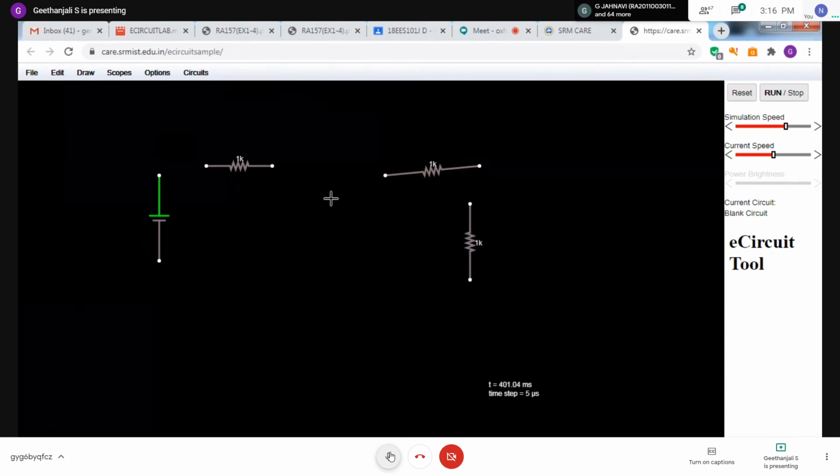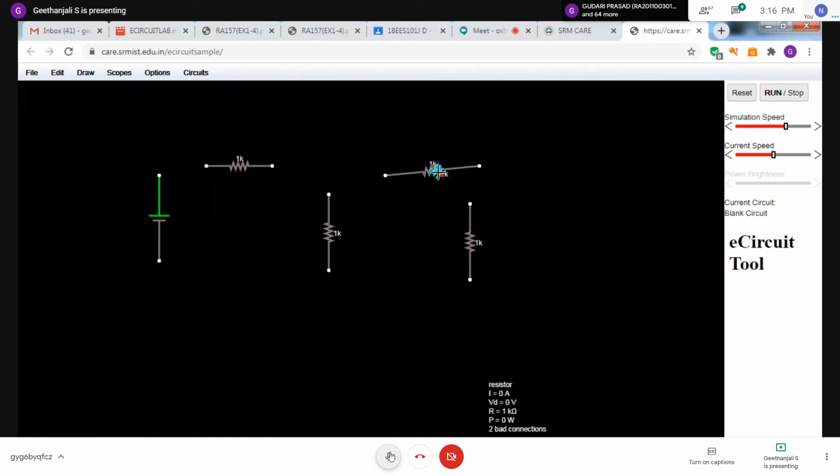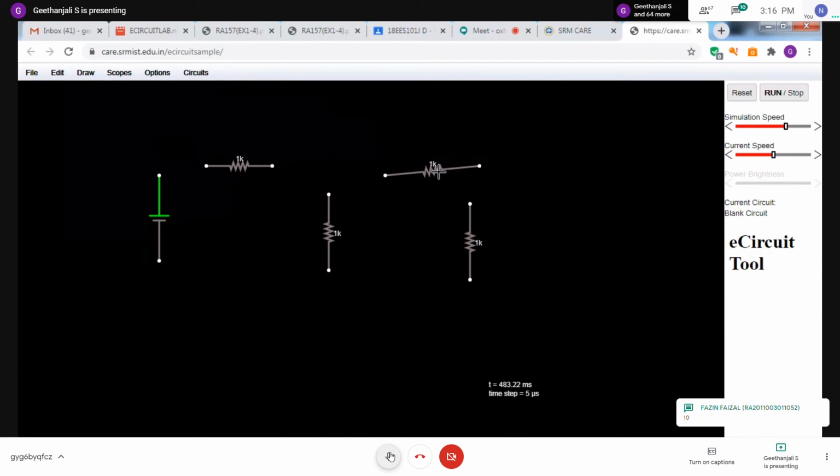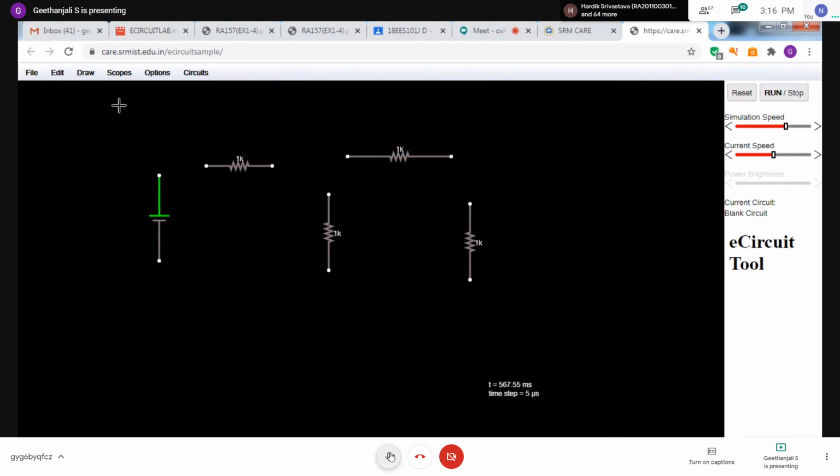Draw, add resistor, 1 resistor, then next 1 resistor, next 1 resistor, here 1 resistor, right? Then connect the wire: draw, add wire.